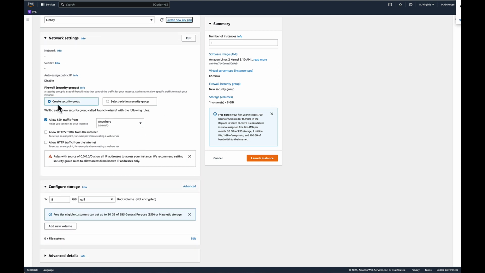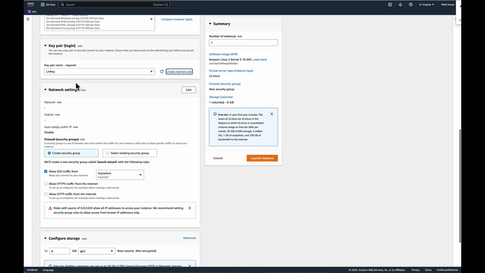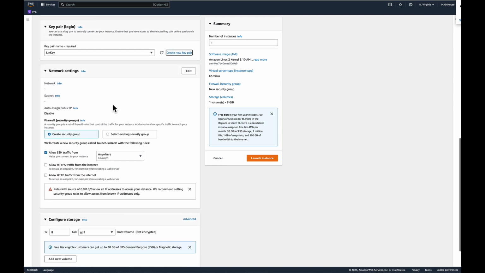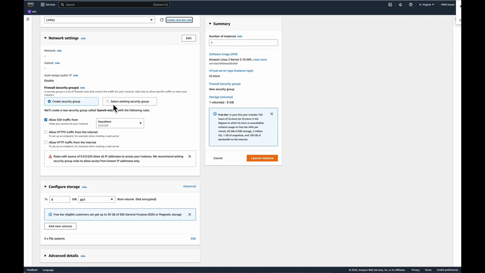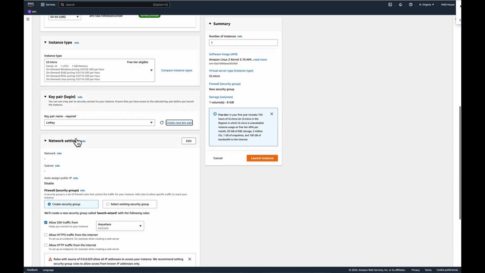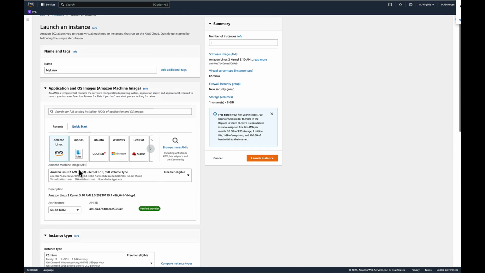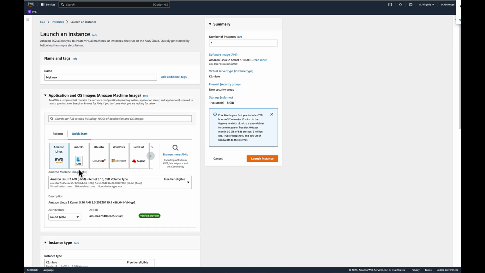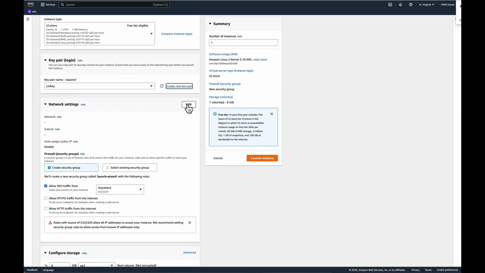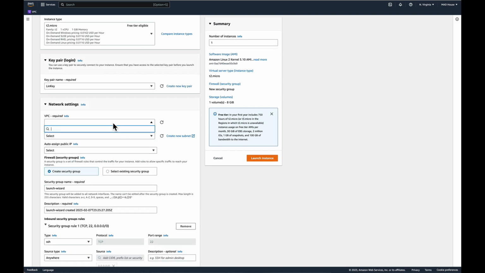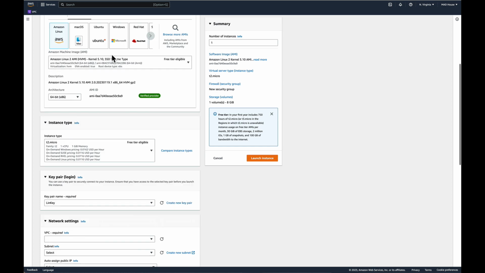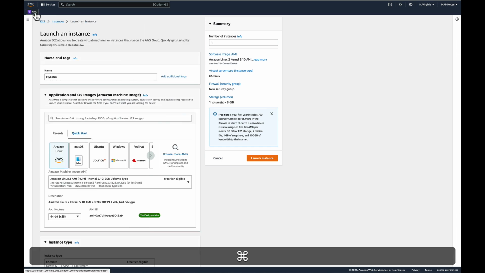Now I'm going to either create a security group or use a default security group. So basically I'm going to use a default VPC, so I don't have any network information, I don't have any VPC, so I'm going to click on edit. So VPC, we don't have any, we need to create a VPC. So to create a VPC, what you are going to do is you are going to click on this and